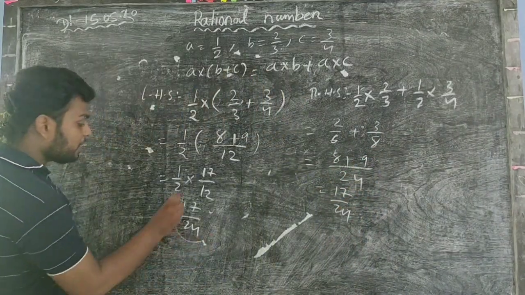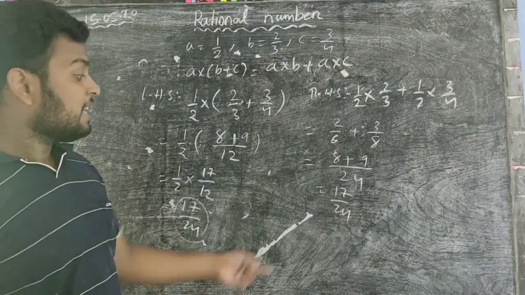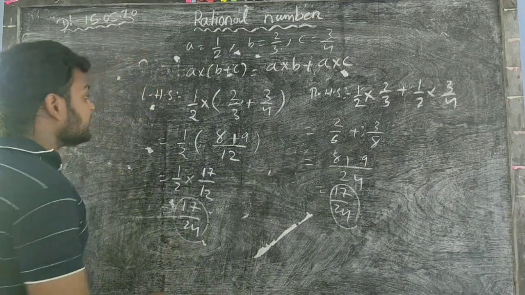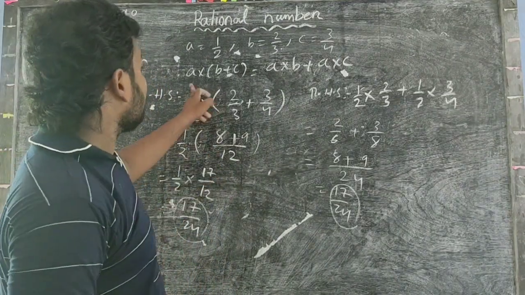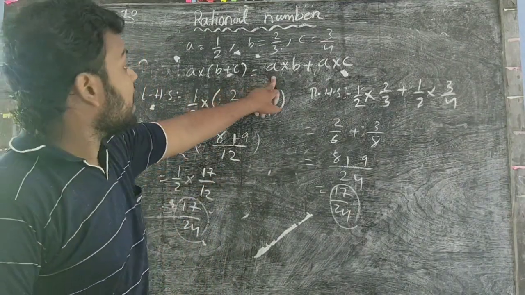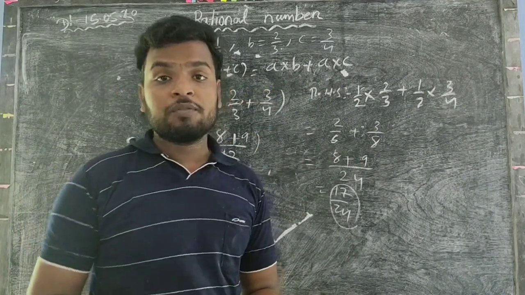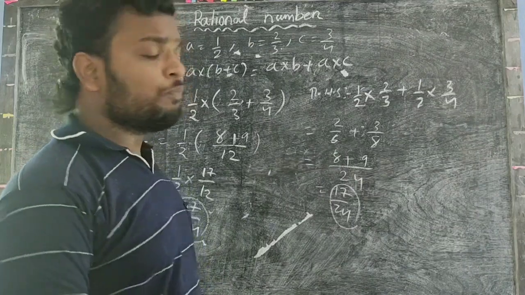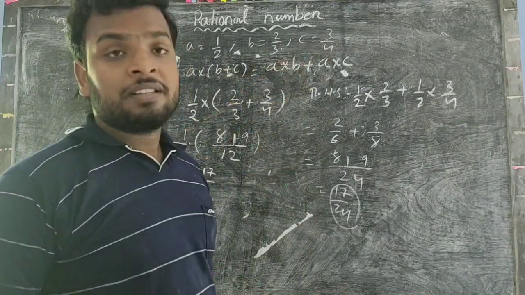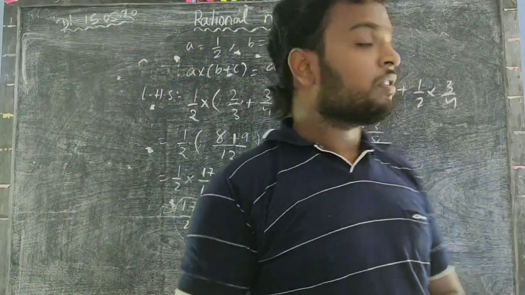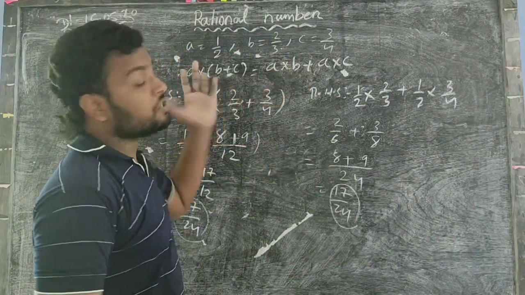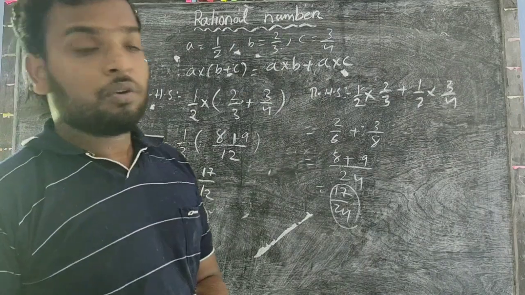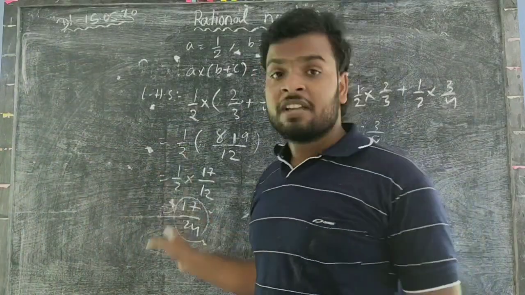So here you get 17 by 24 in the LHS, and here also you get 17 by 24 in the RHS. So LHS equal to RHS, that means A into (B plus C) equal to A into B plus A into C. That proves distributive property over addition. Okay. Similarly, you prove by taking examples the distributive property over subtraction. It's not only plus, minus is similar. Okay. So this is all about your theory of the first exercise.